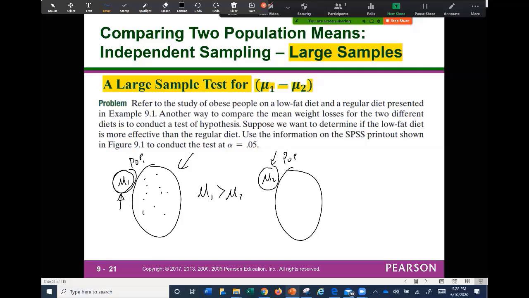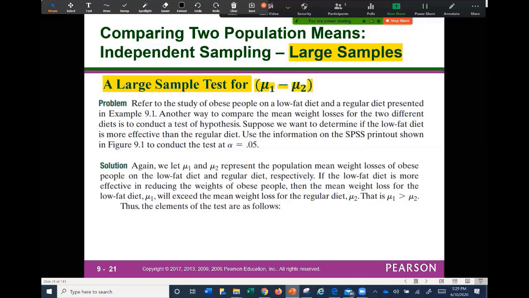And we want to compare these two using a hypothesis test. We can assume that these two means are equal because the null hypothesis always contains the equal, and the alternative hypothesis is our suspicion: the new diet makes the average weight loss bigger than the regular diet. That is the objective in this study. Our objective in this study will be that mu1 is bigger than mu2.